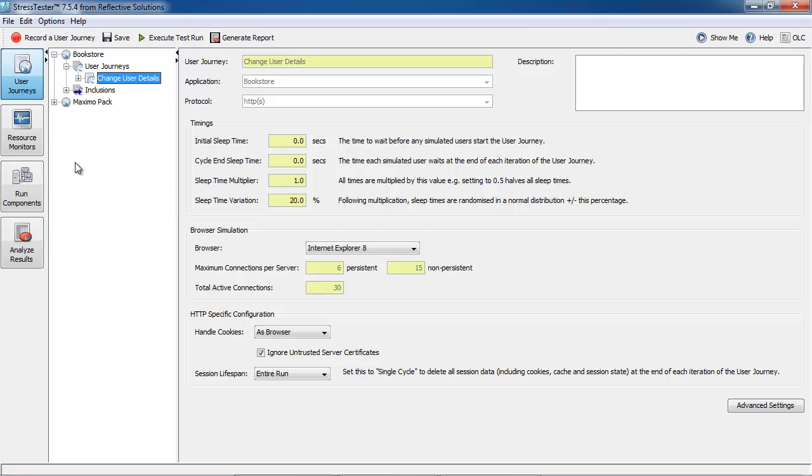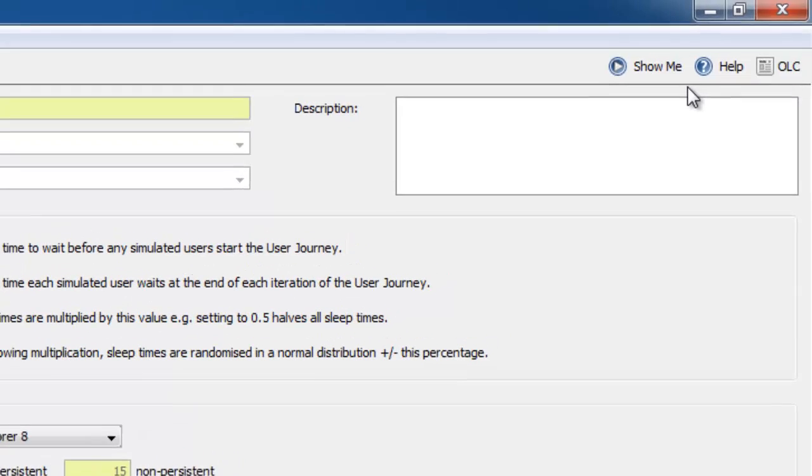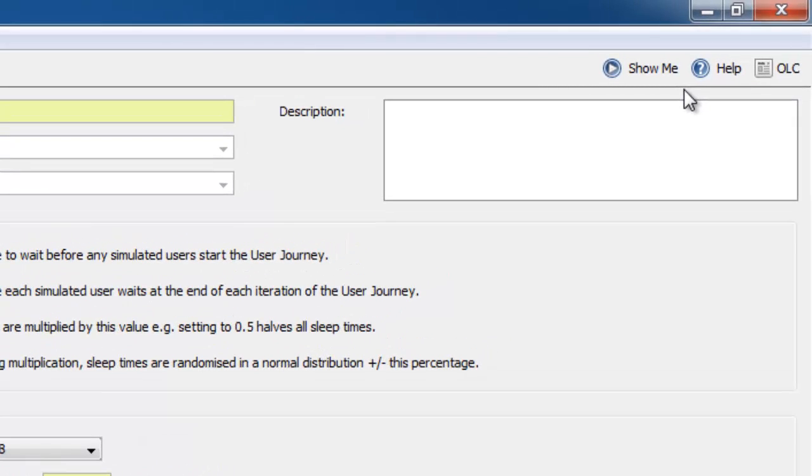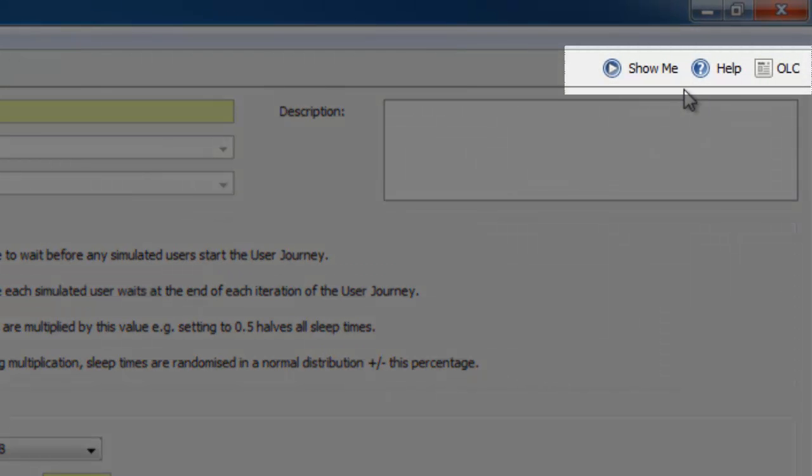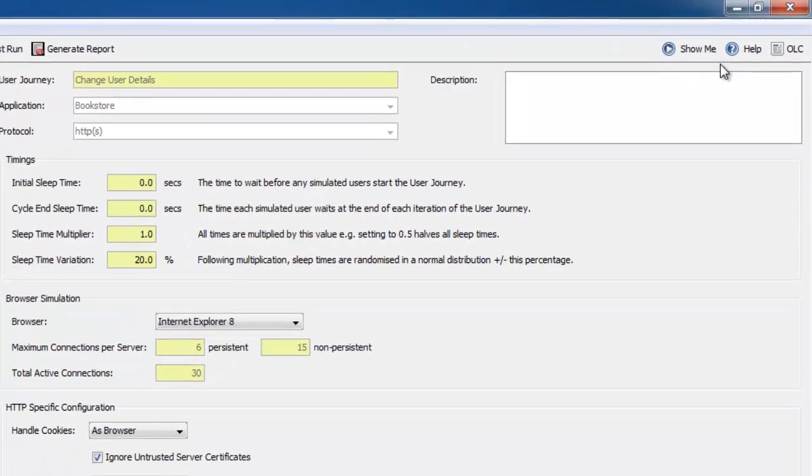The StressTester GUI has been designed to be easy to learn and intuitive to use. To help you become productive in as short a time as possible, there are 3 separate help systems within the GUI. These systems are accessed using the buttons at the top right of the screen. All the help systems are context-sensitive, meaning that the assistance provided will always be relevant to whichever screen you're viewing